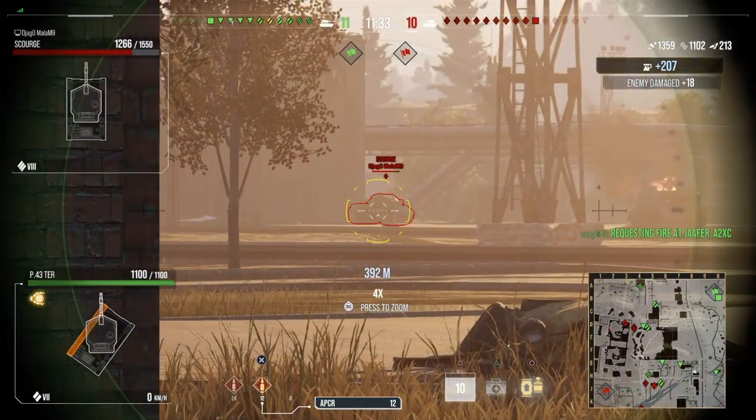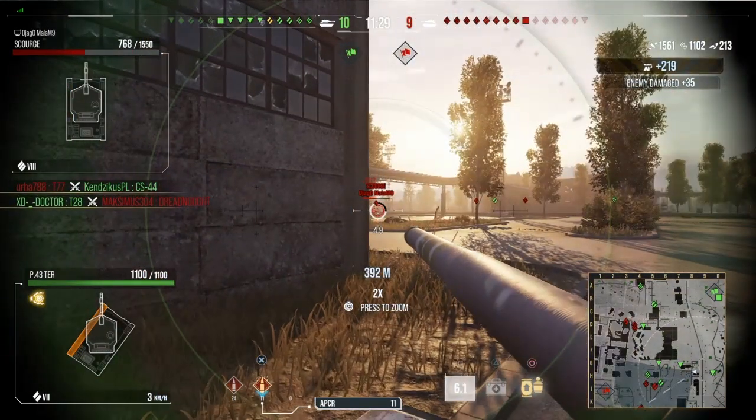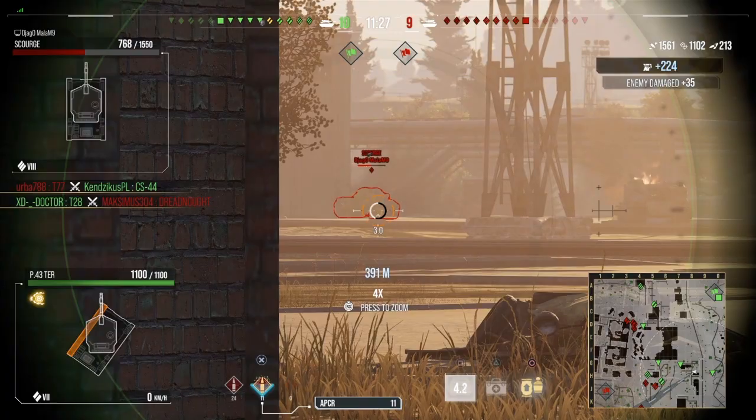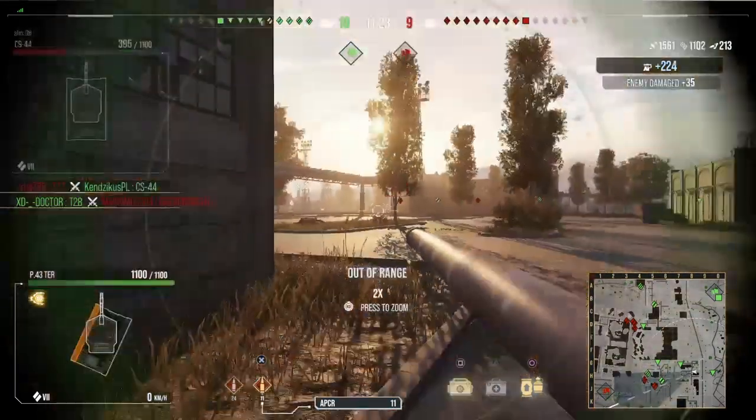And now there's going to be a Scourge here. I have no idea what he's doing. That's a really interesting position, and even when I pen him, he's not going to move. And I'm surprised I'm able to shoot him without getting spotted here, so he mustn't have equipment or crew skills